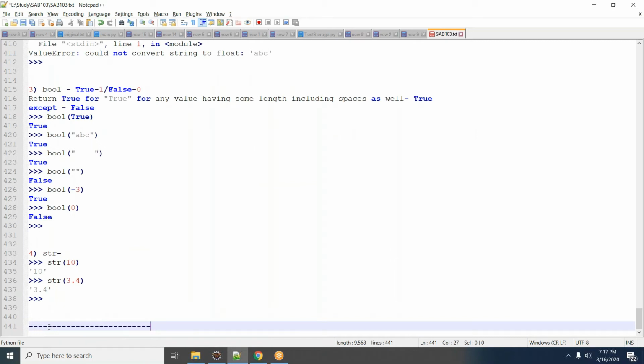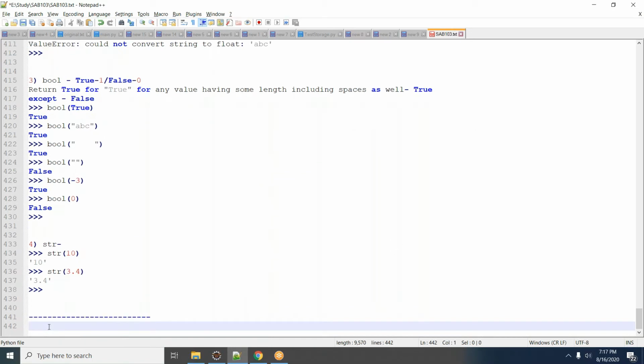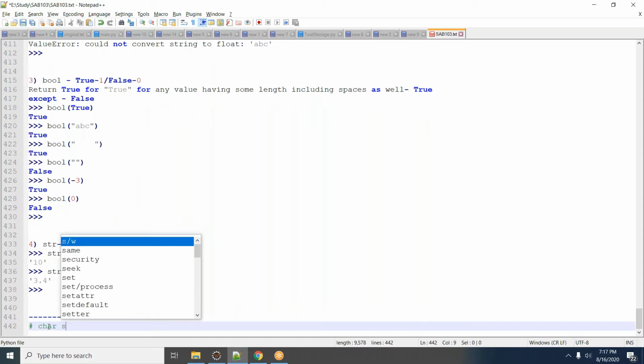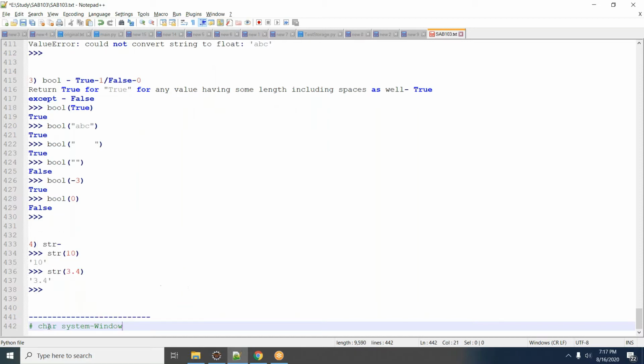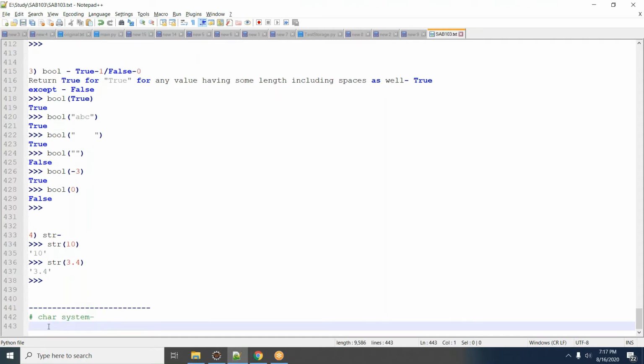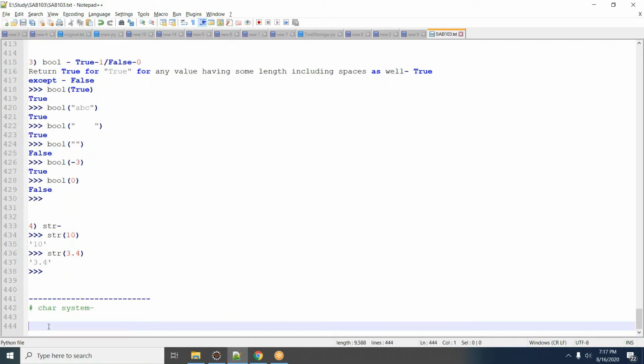Today we will be discussing the character system, what all character systems we have in Python. So what does it mean by character system? It is like in every programming language,